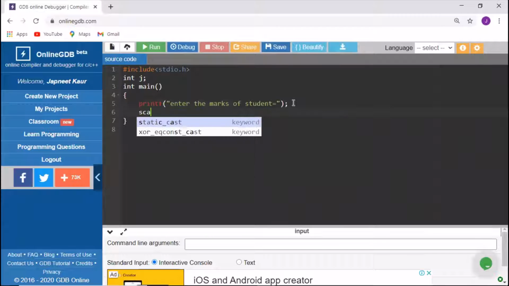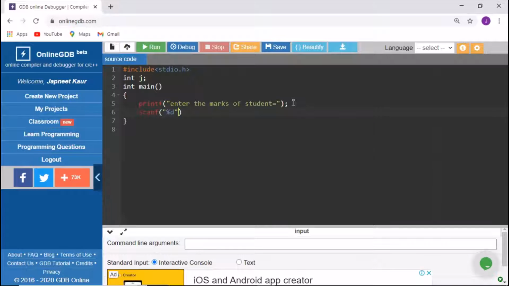We are giving a scanf which is scanning a value, which will take the input in a compiling program, and we are taking %d for data. D stands for data, and we are just storing it in the value of &j. Put a semicolon after that, and here our code begins of